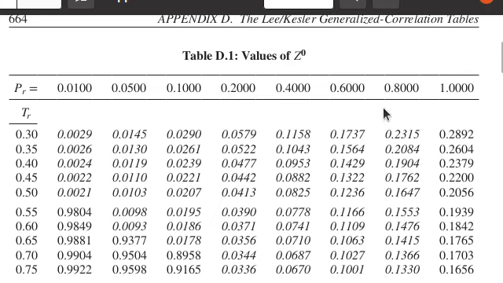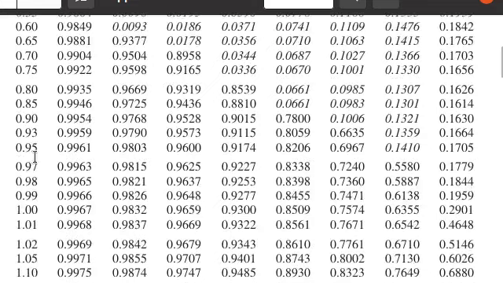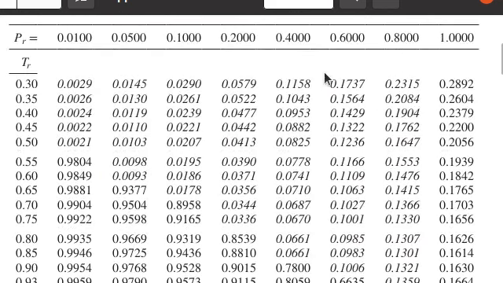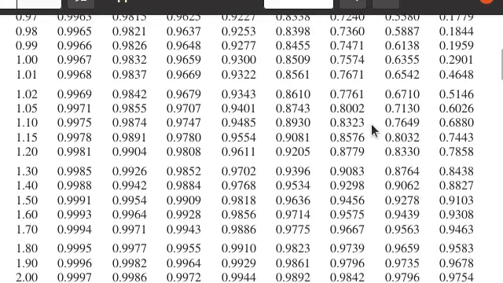You can see that the reduced pressure is coming here. Our pressure is falling between these two values, 0.6 to 0.8, and our TR is 1.2. So this is our TR, we will go in this line, and in that line we will go in between these values. The problem is that values are not given for every value that we will have. Fortunately we have got our TR exactly 1.20, but we will have to get the values between these two, so we will have to interpolate this data.